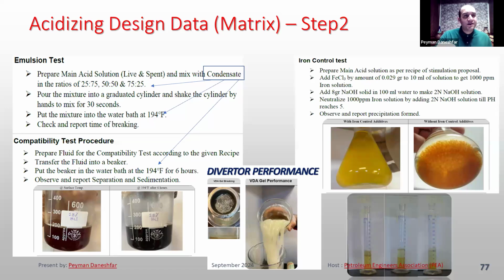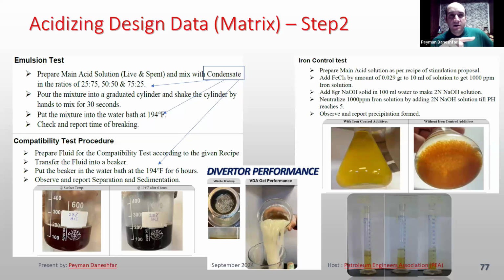You see, we should find the coton, or also we can check it in our HPHT viscometer and check the viscosity and also the strength of the diverter. And then one of the important things, if you can see the right side of this slide, the iron control: you can see that the acid, when it reacts with an element that has iron,